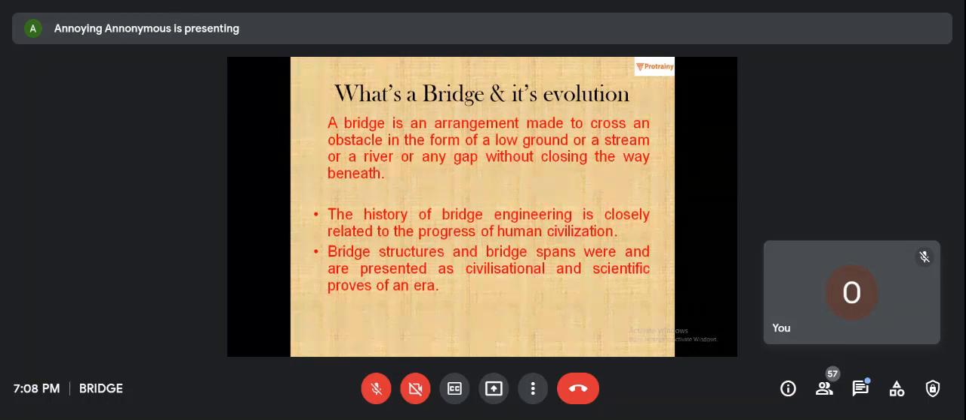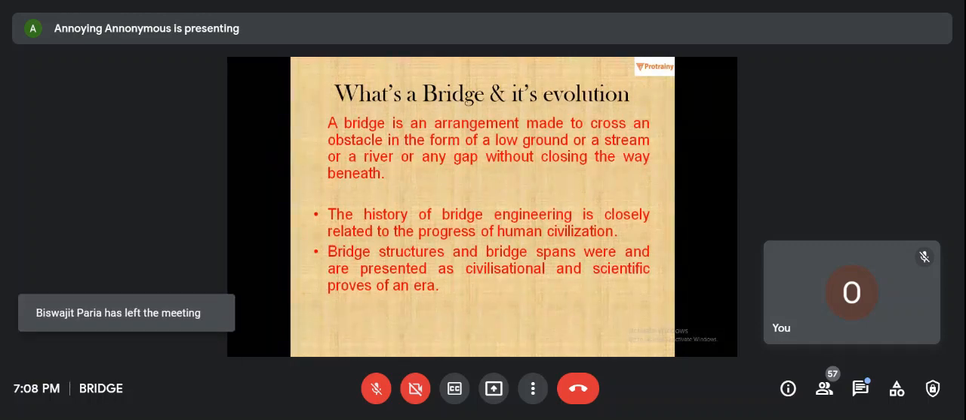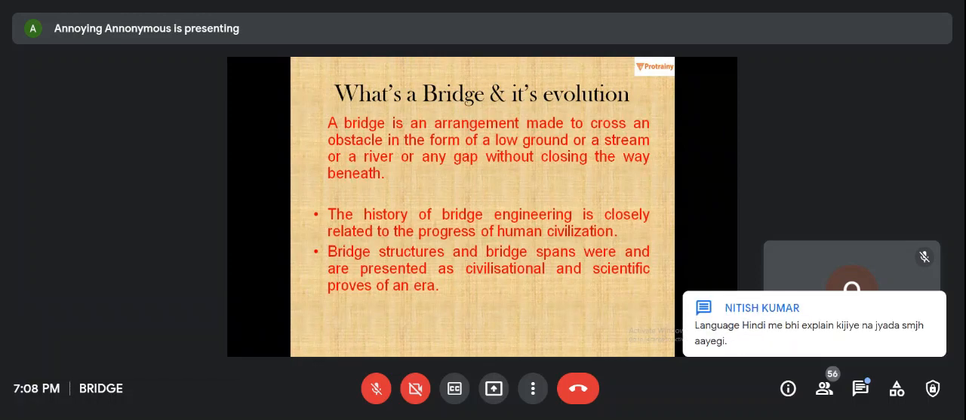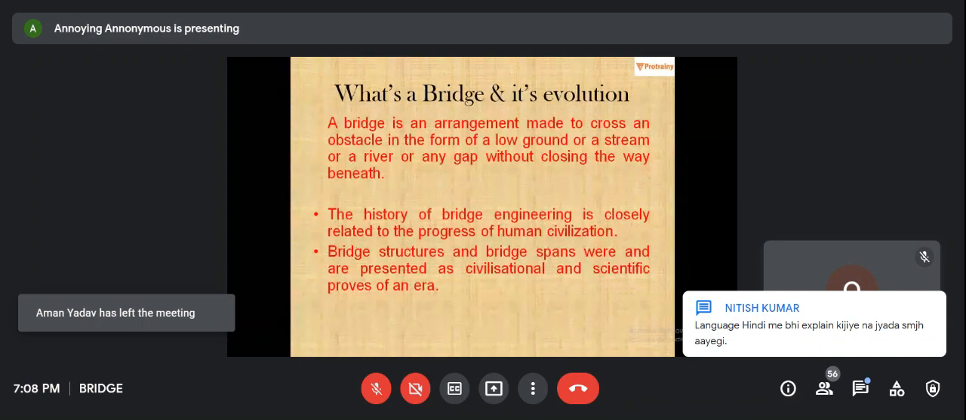Next, what is a bridge and its evolution? What exactly is a bridge? We all know what a bridge is, but if we have to define it